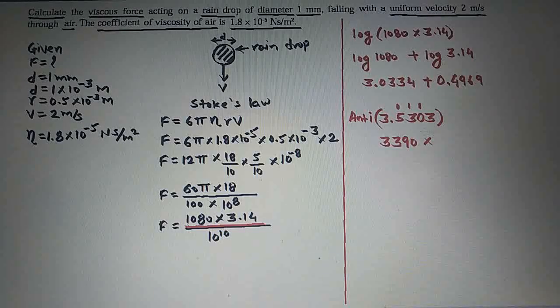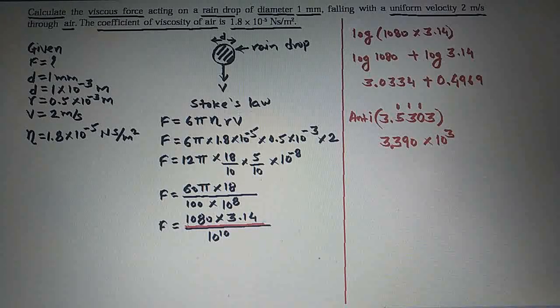We will take this integer part as a power of 10. We will write this integer part as 10 to the power 3 here, and we will take the decimal point here after the first digit. So the antilog of 3.5303 is equal to 3.390 into 10 raised to 3. So this is the answer of this